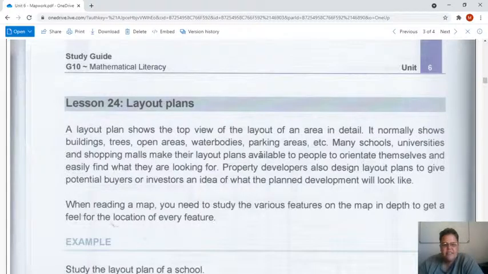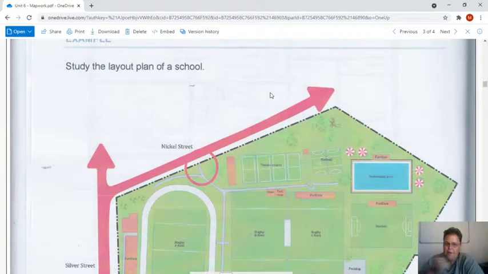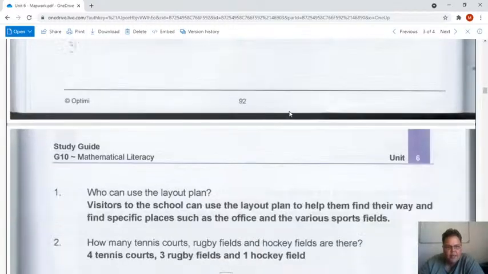Property developers also design layout plans to give potential buyers or investors an idea of what the planned development will look like. When reading a map, you need to study the various features on the map in depth to get a feel or location of every feature. Okay, so this is a layout plan of a school. Okay, I will zoom into this for you in a second, but I'm going down to